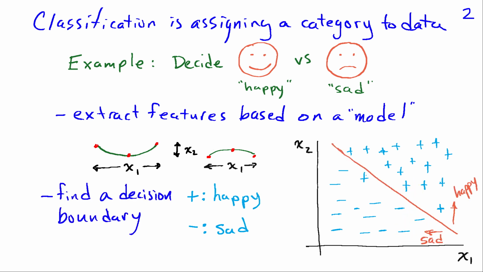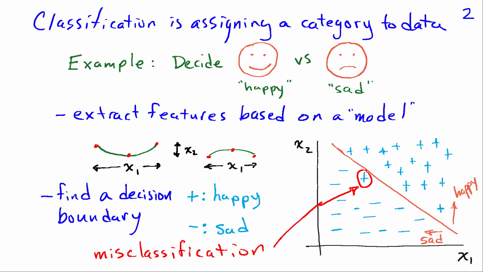So the goal of classification is to find a boundary so that we can make a decision. We might decide, if I get a new data point and it lies over here, is that a happy or a sad face? Well, if we have a boundary, we can decide that points above that are happy and points below that are sad. Now, we might not always get it correct, and we might have some misclassifications, like in this example here, where this smiling face ended up below the boundary